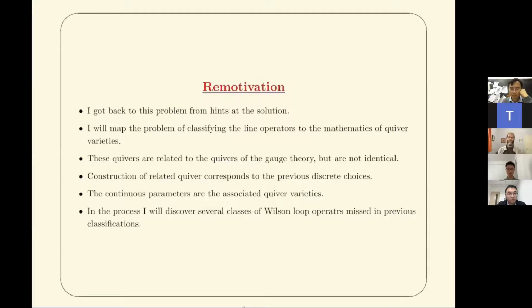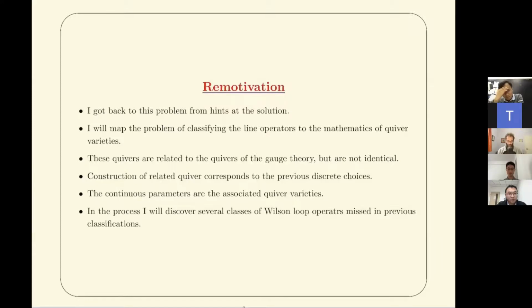So as a motivation, if you're a Wilson loop aficionado, you should take your motivation that you're going to be studying Wilson loops. That is fine. But if you're not a Wilson loop aficionado, and I assume that most people here are not, then your motivation should be that there is a very nice story of theoretical physics here, or mathematical physics, where we find a relation between two different problems that nobody knew were related, and we actually find that they are closely connected. So what is the problem?